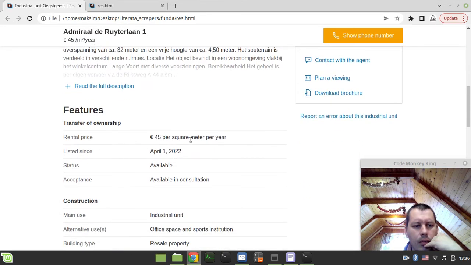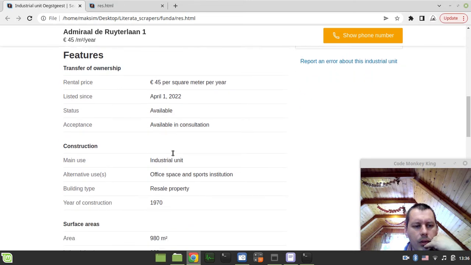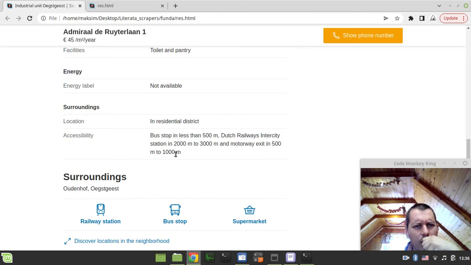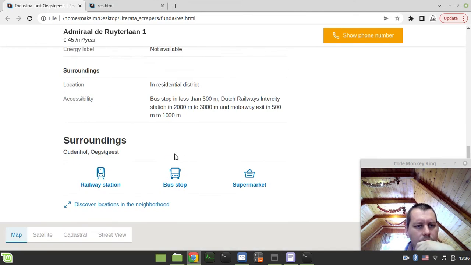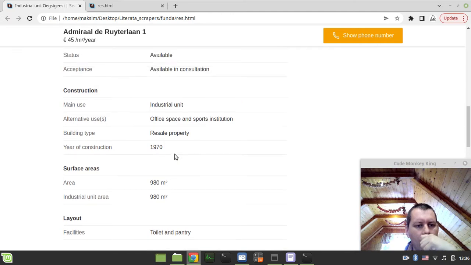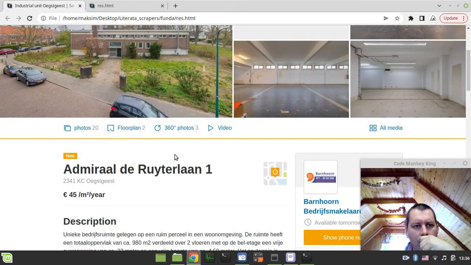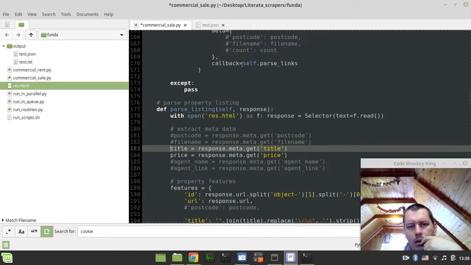Listed, rental price, listed price. I'm not sure why this comes for rent. I was actually looking for a sale one, but currently it doesn't really mean that much. So I think I still can get started with this one, or alternatively, yeah, to be honest,